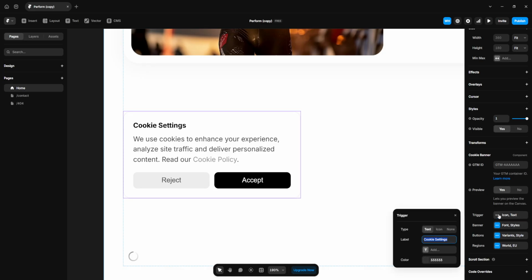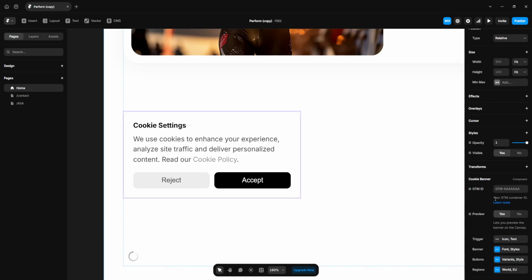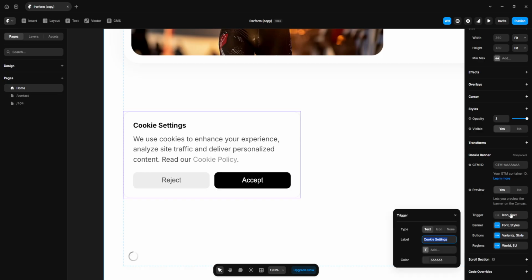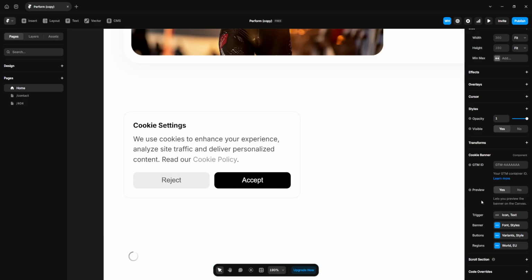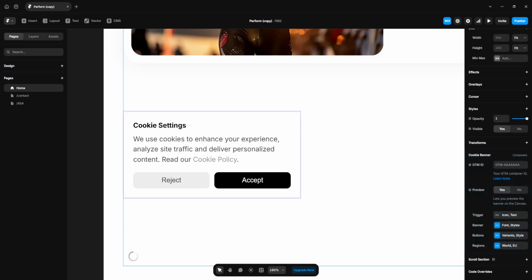Then we have appearances, so tweak some fonts, colors and layout. And here you can also have show trigger, so like that, and yeah, show trigger if you want users to be able to reopen the banner to change settings later. Yeah, now